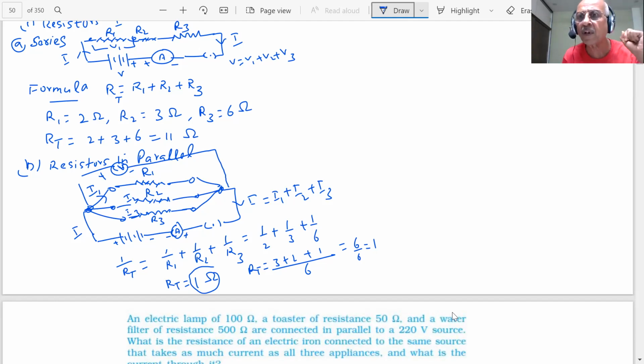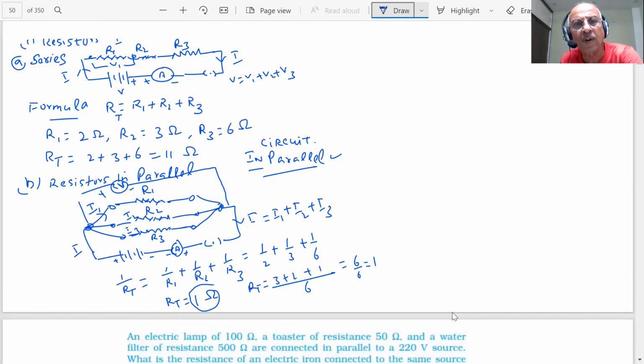Therefore, students, this is an important point. This is an important advantage of using circuits at home in parallel. Why do we use circuits in parallel at home? At your home, students, the electrical circuits are in parallel. Different appliances which you have, electric bulbs, tubes, fans, electric motors, grinders, mixie, whatever, we are connecting in parallel.